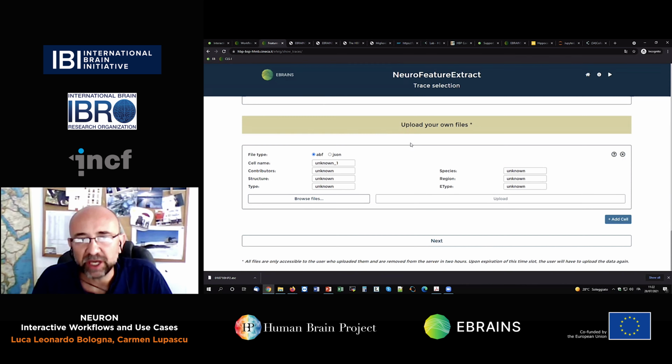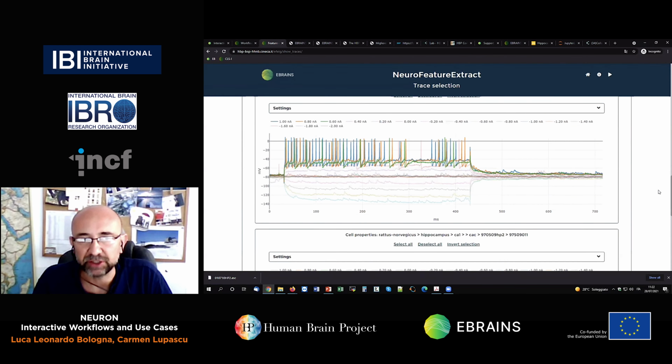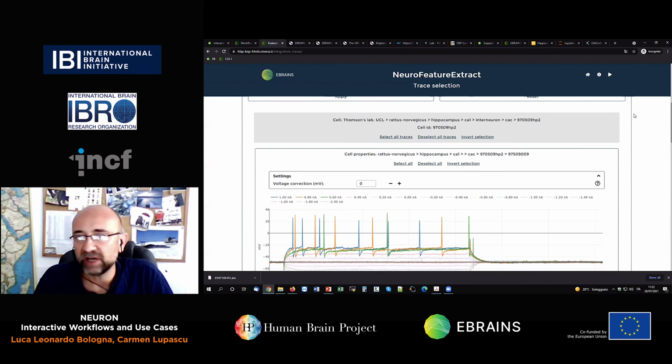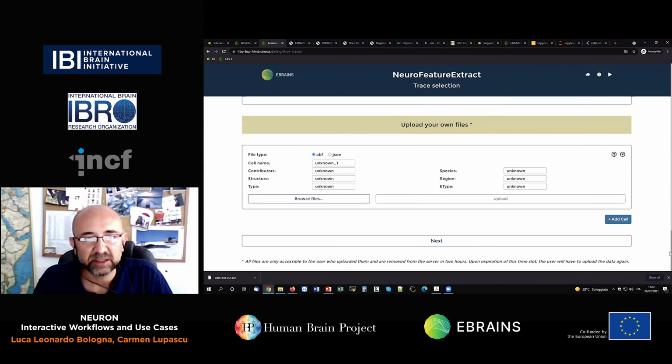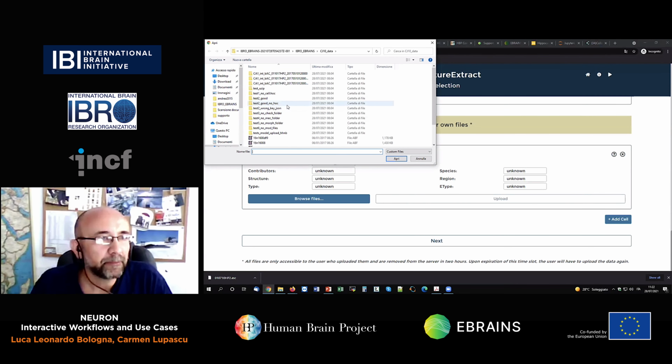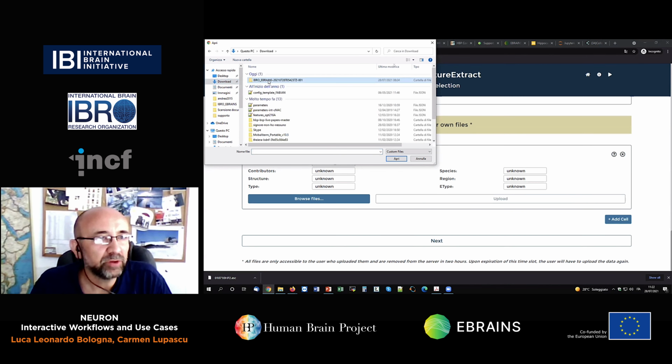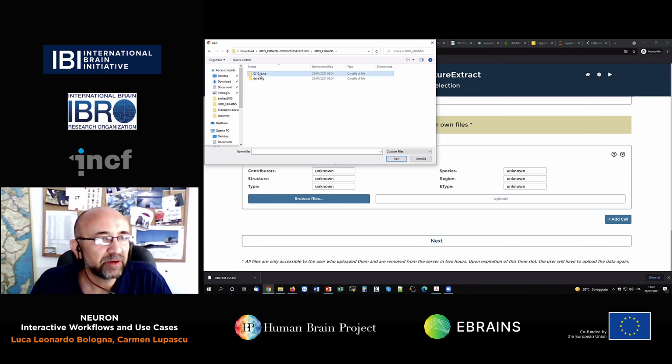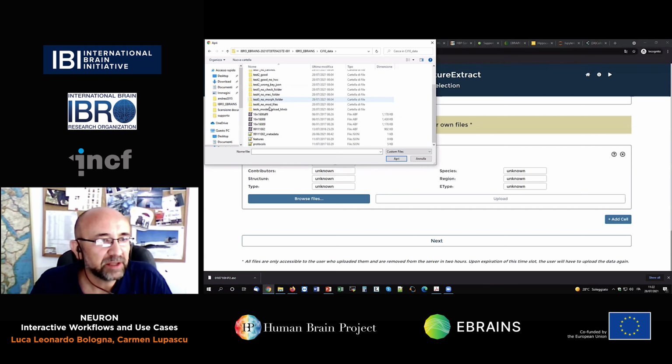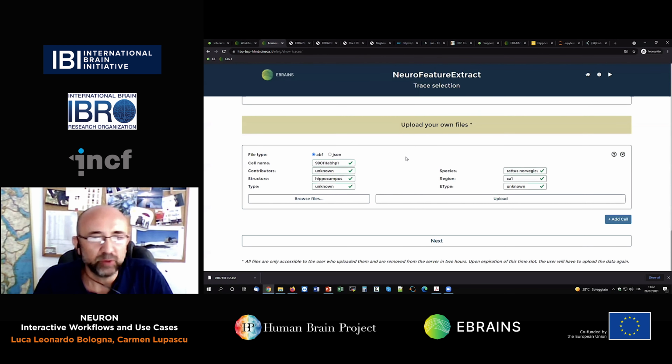Another option that you have is to upload your own files. Now, the files that you upload are integrated with what you have chosen already here. So you might take a few files from the dataset, and then you might upload your own file. For example, if I browse my folders, I should have a couple of files here. For example, this one and this one. I open this one,